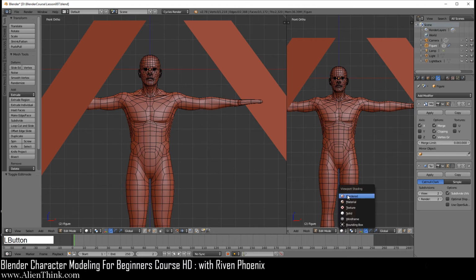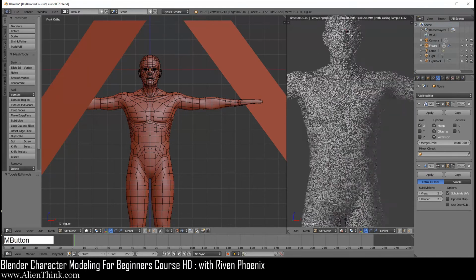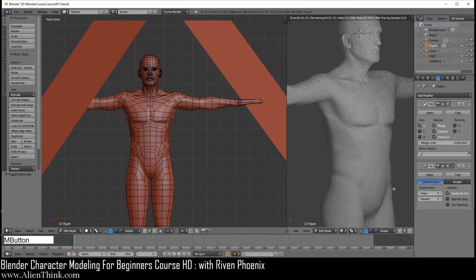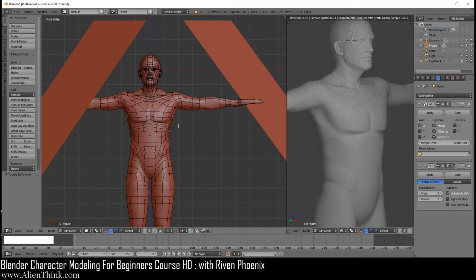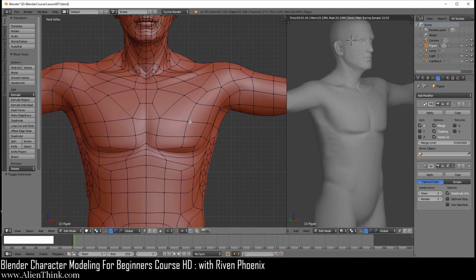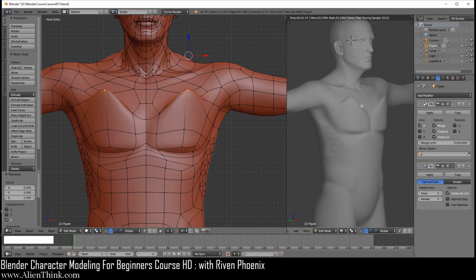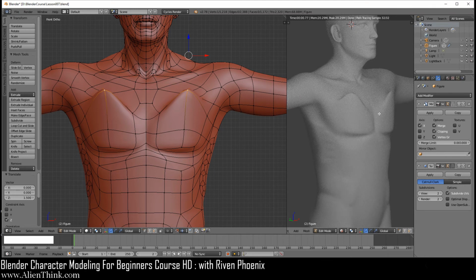So I'm going to make sure that this is on rendered. I'm going to come in over here. And let's say I'm going to rotate this like this, okay? And what I want to do is, let's say if I'm editing my vertices, okay, I'm just going to click on this vertex. I'm going to move it and undo it. Let's just move this up a little bit like this, something like this, weird looking, okay? So you can see that we can see the changes happening in real time.